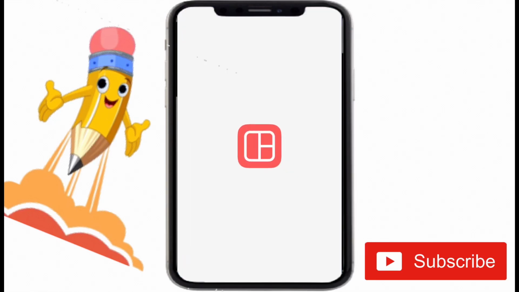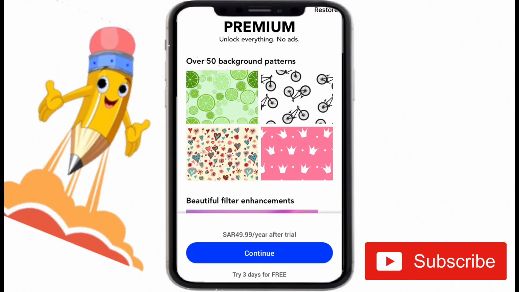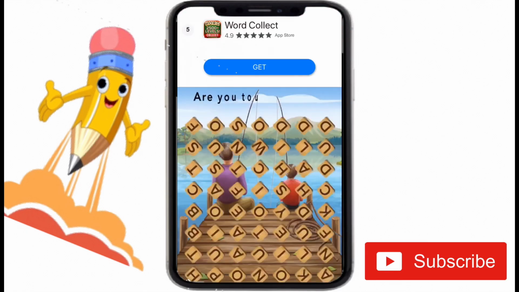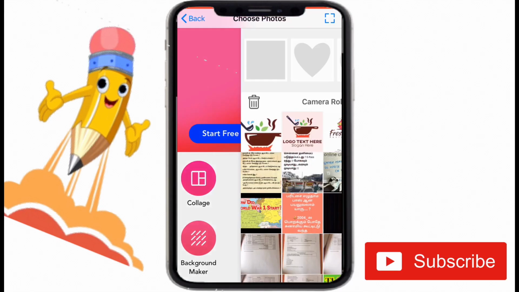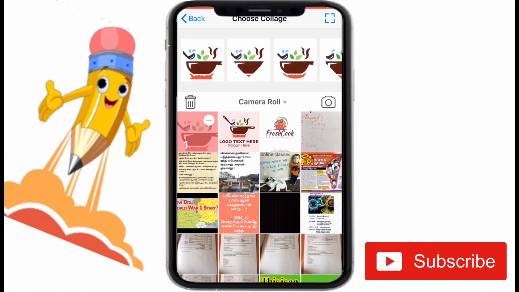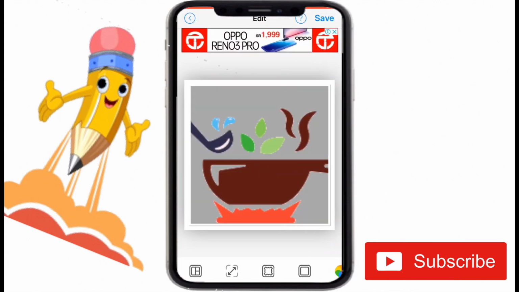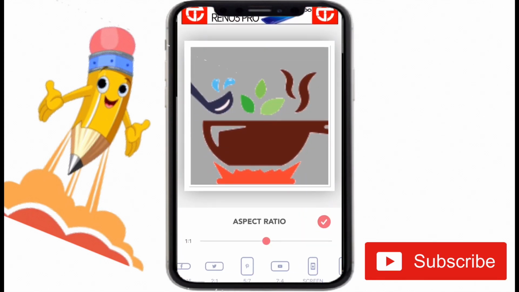Now I will go to an app called Scrapbook. This is a quite good app for making or editing your pictures. You can edit really good pictures. It does come with some ads, yeah, but we cannot omit that. If we want something free, there will be ads in it, so of course.